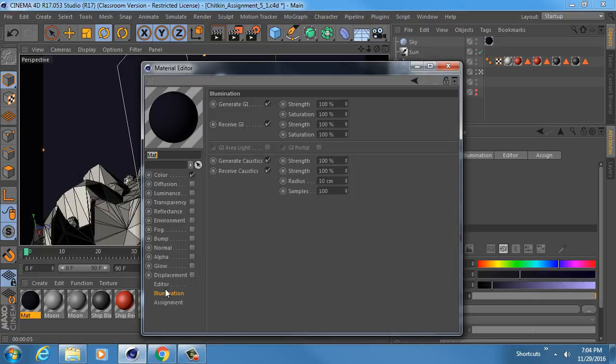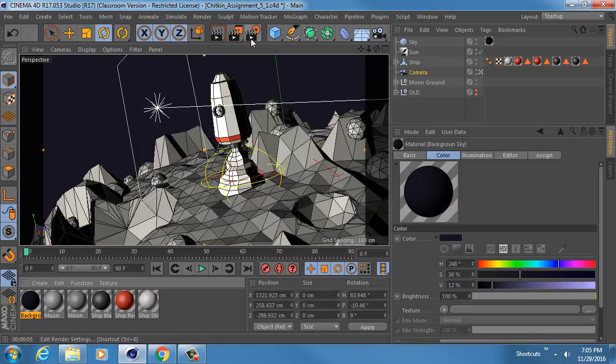But what I can actually do is in the material setting, and we'll just call this background sky, I can go to the Illumination tab, and I can actually cheat the computer. I can tell the computer to generate GI, so at 100%, its default value, I can raise this up to maybe 300. So this is basically telling the computer